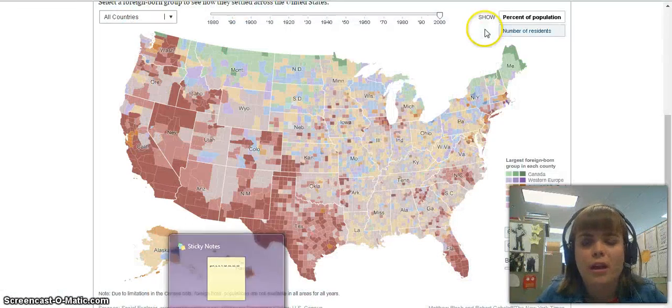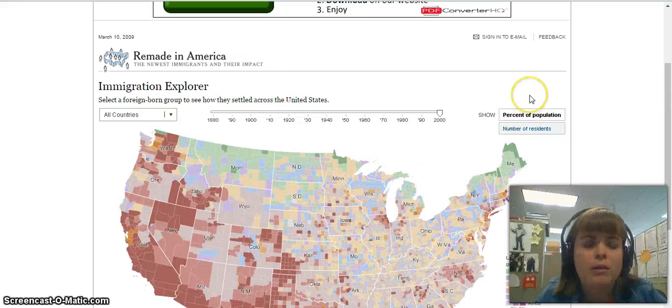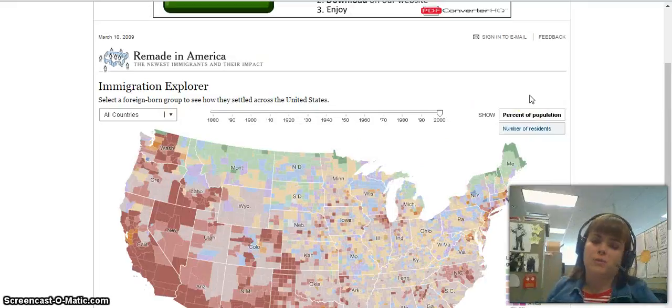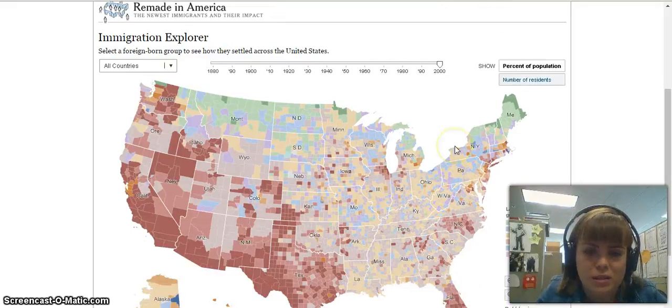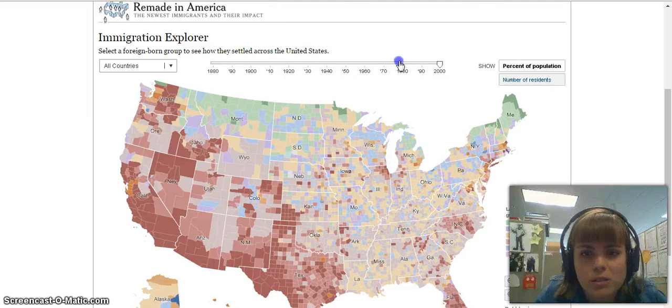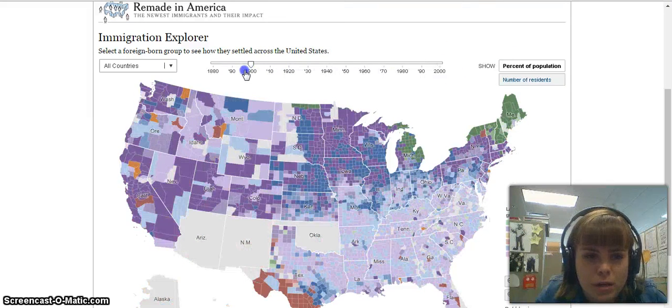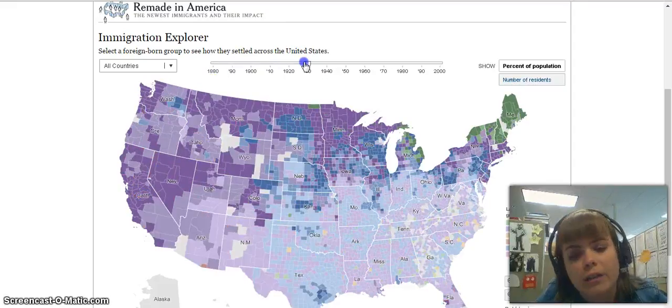Okay, so I wanted to take a moment to show you guys how the Remade in America Immigration Explorer works. Because without looking at this, you're probably going to the website and going, what do I do? So, as you can see, our nation is pretty gosh darn diverse. But we're looking at from 1880 to 1900. So, one of the cool things about this little interactive is that you can kind of